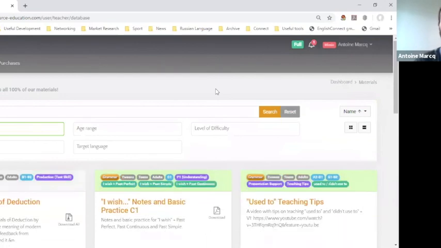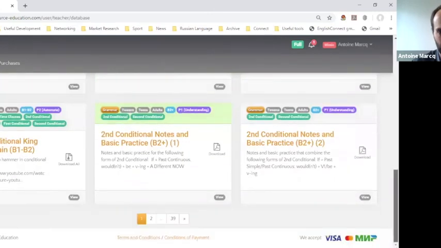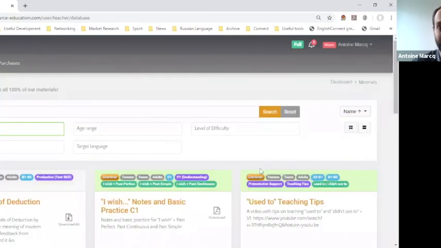I highly recommend learning how to fine tune your research, because all these things you see are tags. You see that you can click them. So you can start with a very general thing. Okay, well, grammar. Here I've got every single grammar activity. It's 39 pages. Ridiculous. Let's fine tune.